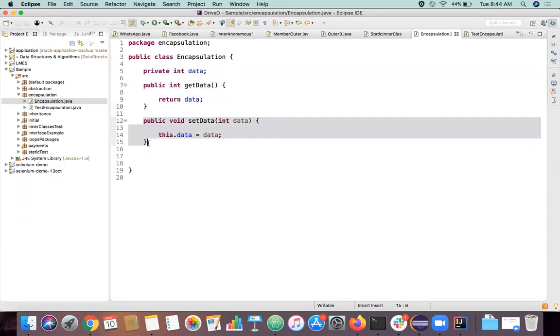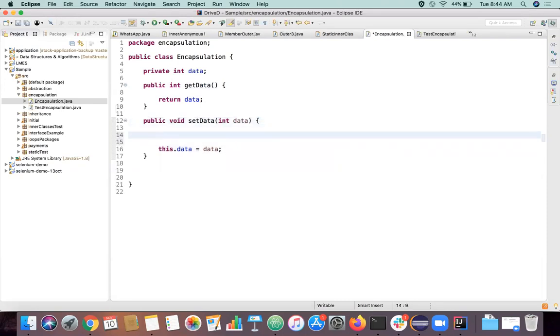So what is the job of this getter setter? It's to get this data, to set this data, right? But don't think of this as a simple scenario of just setting the data. For that only this method is used. I can have any logic here in this set data, right? For example, I can validate the data.